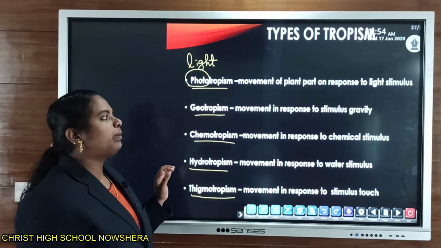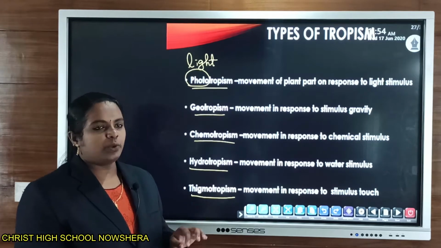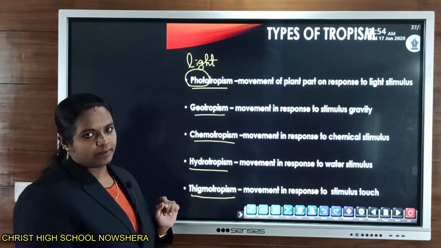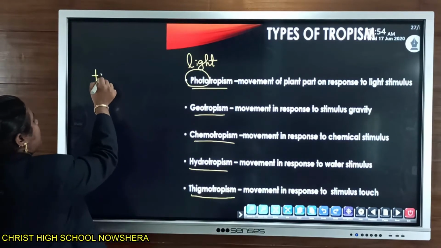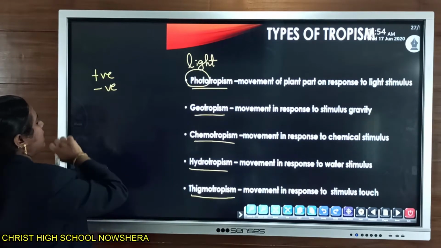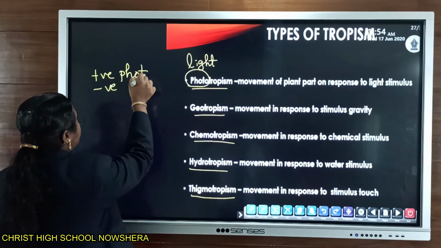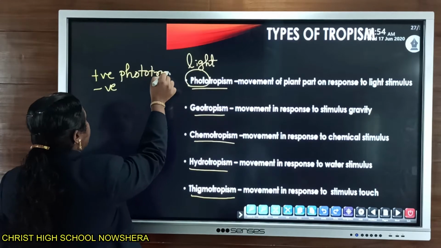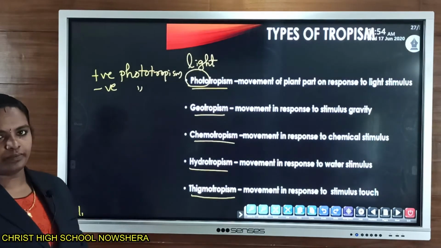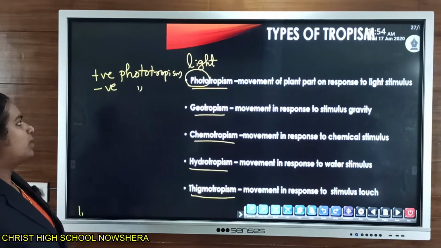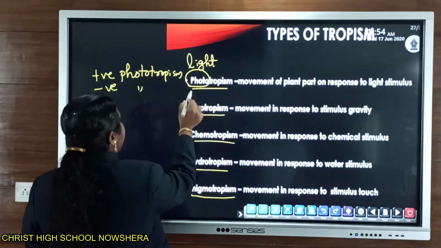So we can classify it into positive as well as negative phototropism. In positive phototropism, examples are